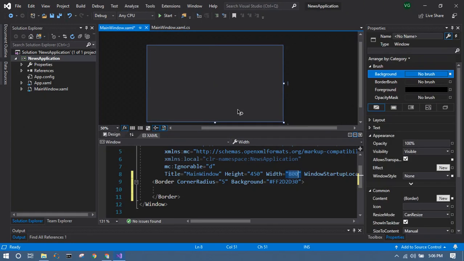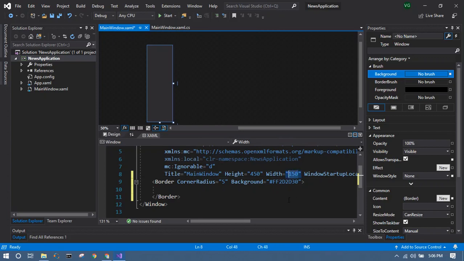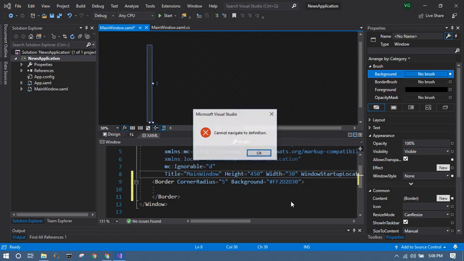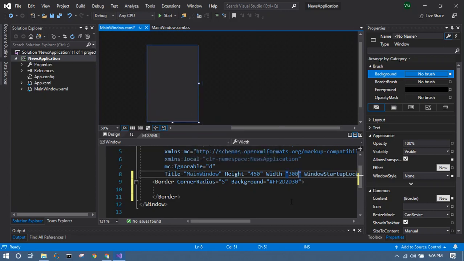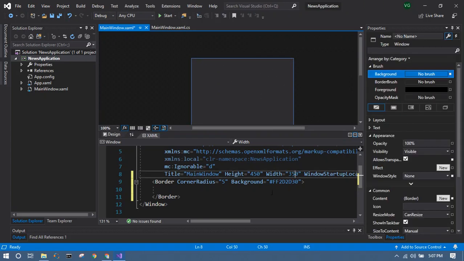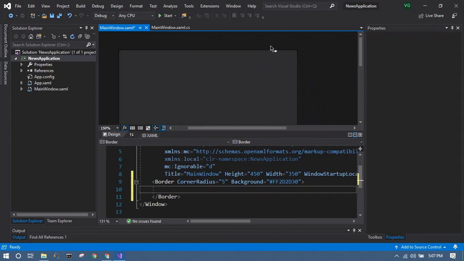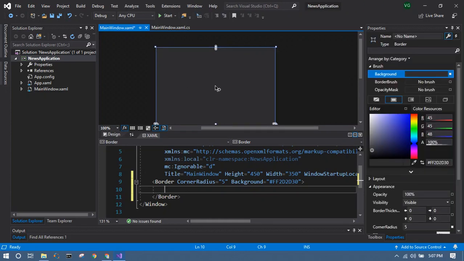and we'll change the width a little bit down, keep it as 300 or even 350. That comes a little bit closer to our output. So actually if you take a look at